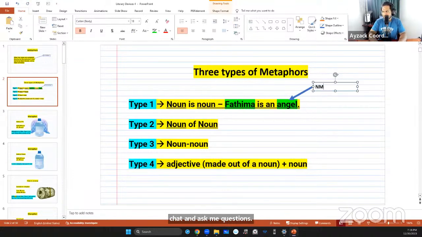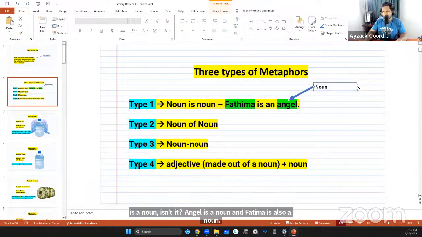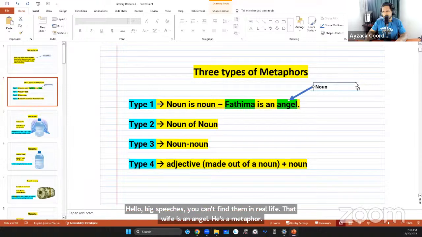So here we go. Angel is a noun, isn't it? Angel is a noun and Fatima is also a noun. You guys can note this down. Fatima is a noun. Not real, fake. Religious creatures, you can't find them in real life. That's why Fatima is an angel is a metaphor. Isn't it fake though? It's fake, right? If I say that Fatima